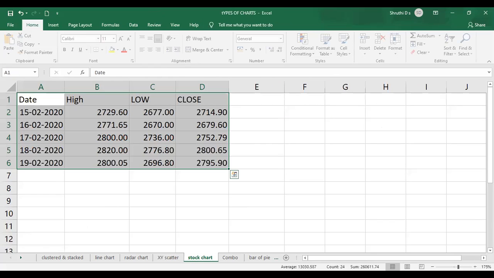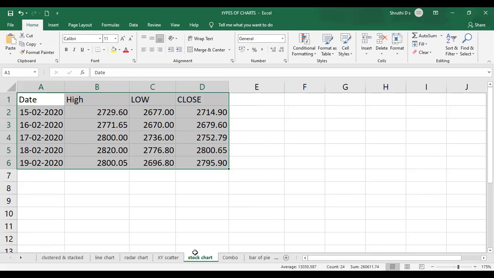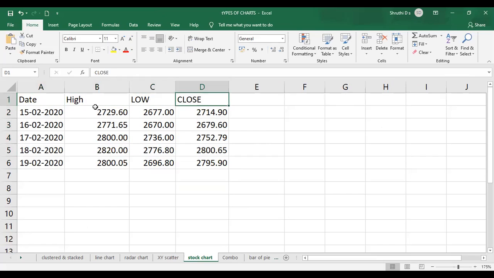So the next one is our stock chart. For this stock chart, you need to have these kinds of columns only. What are they? We need to have a date, high, low, and close: the high value, low value, and close. In this particular date, we are recording the stock values, which was the stock value on that particular day.